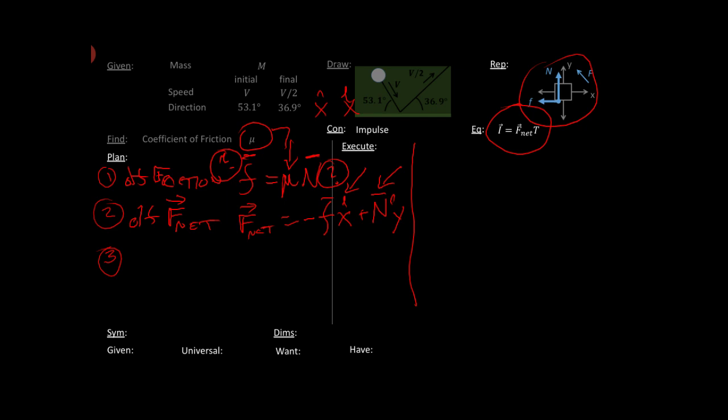So let's see. What we need to do now is we need to somehow figure out what this F net is, right? So we need a question mark here. That got rid of these 2 question marks. So we're doing things pretty linearly. We don't have any branches thus far. Let's see. How would we find the net force? Oh, look at this. We don't need Newton's second law or third law. We just need this definition of impulse. So let's use the definition of impulse